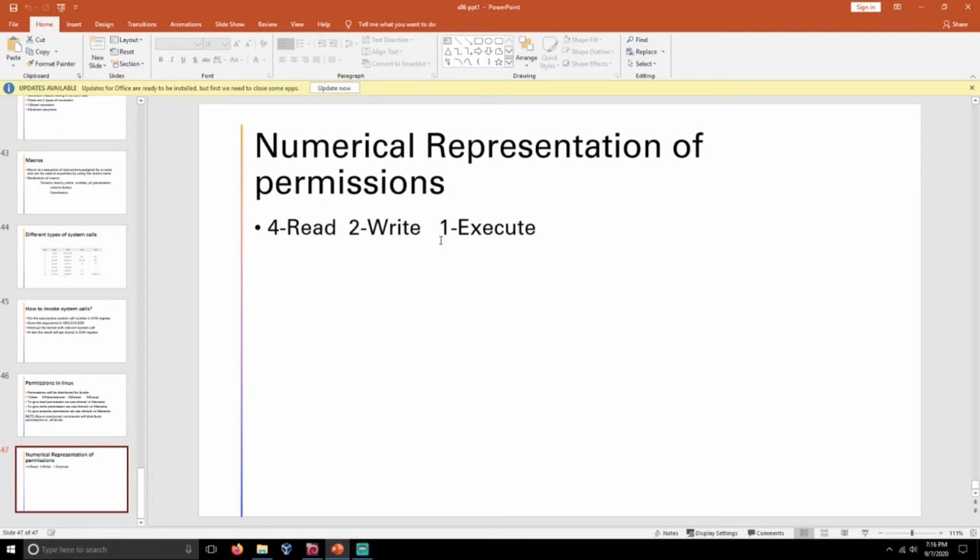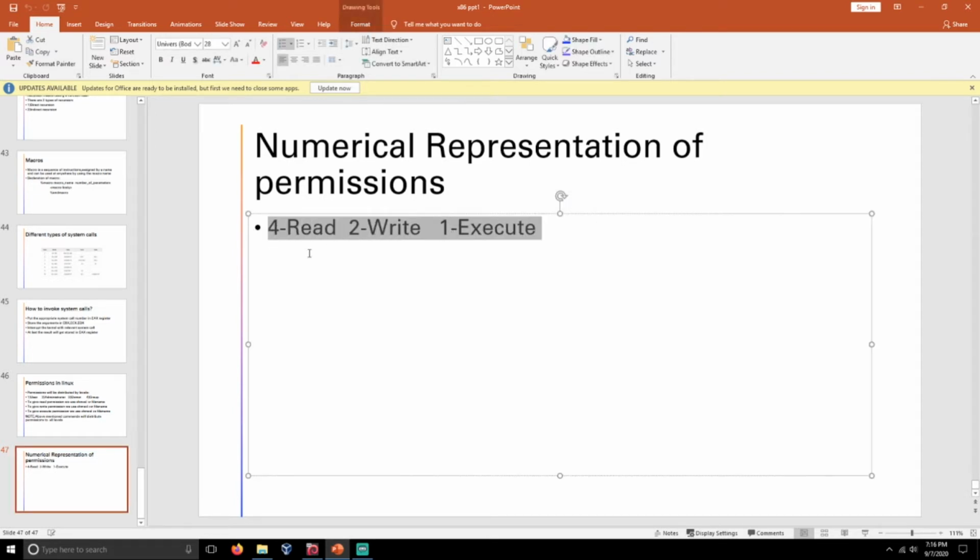Whenever you want to give all permissions to the file at a time, you add these numbers: 4 plus 2 plus 1, 7. So if you mention number 7, the three permissions, read, write, and execute, will be given to the file.